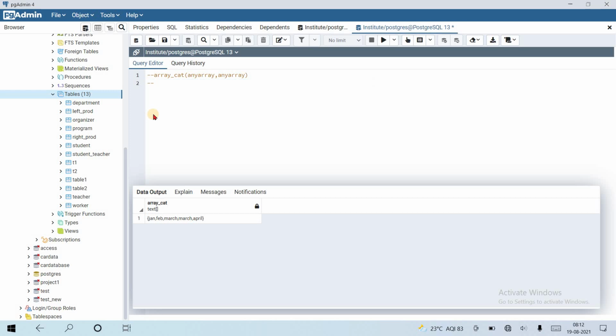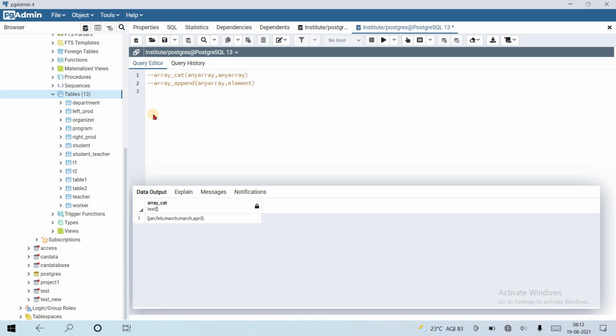The second is the array append function. The syntax is array append, any array and an array element, some element that you want to append.